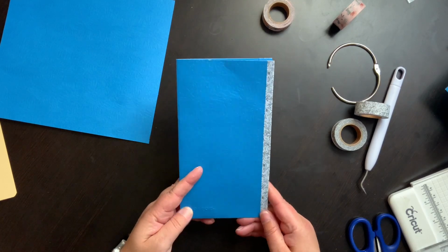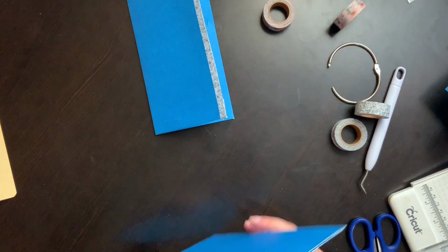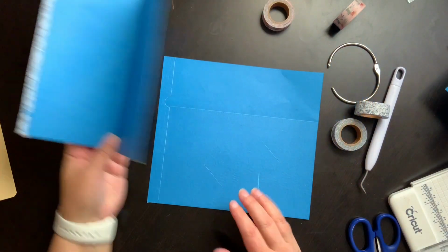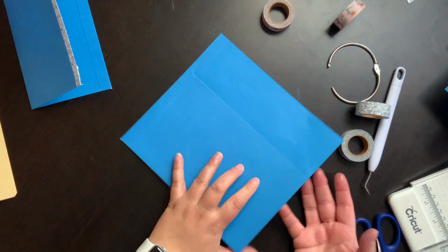You can add another piece. You can add a piece here. Like this one still has Office Depot on it. But I'm going to show you again how to make one. So you have your piece that you've cut. You'll have 2 pieces, so you'll end up with 2 folios. What you're going to want to do, you're going to take the open end,